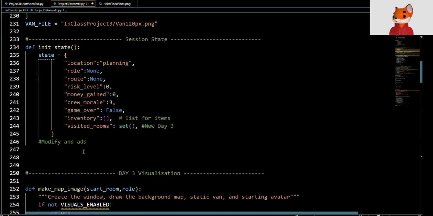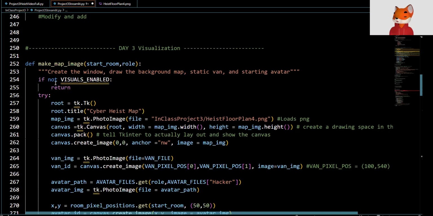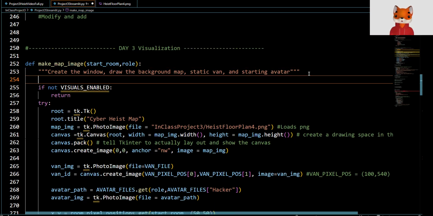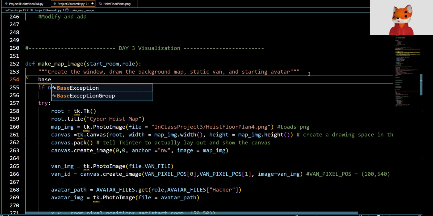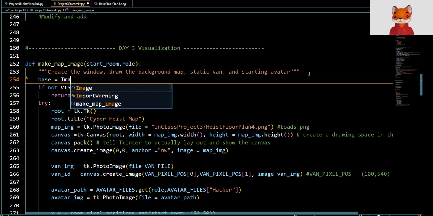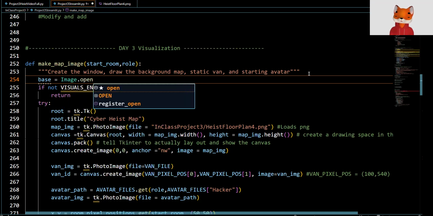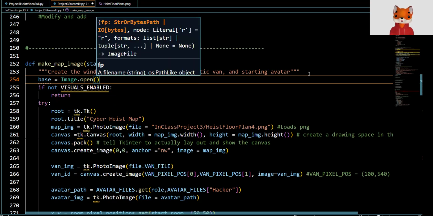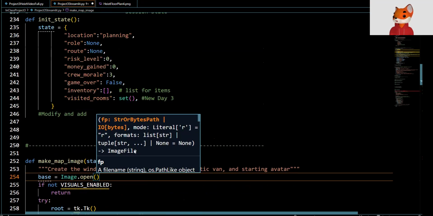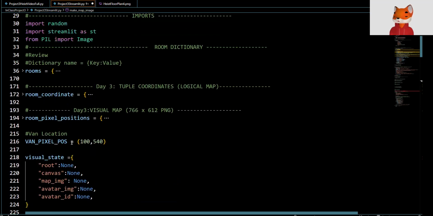And then we're going to go down to the function here. Start here. This will just be the base. With Tkinter, it was called root. We're just going to call it base, so the original image. And we're just going to assign to that Image.open, which is a built-in function to open our map. And at the very top here, we're going to use our